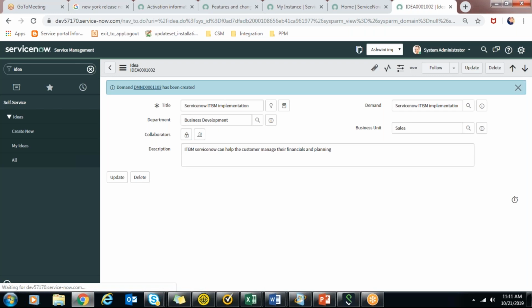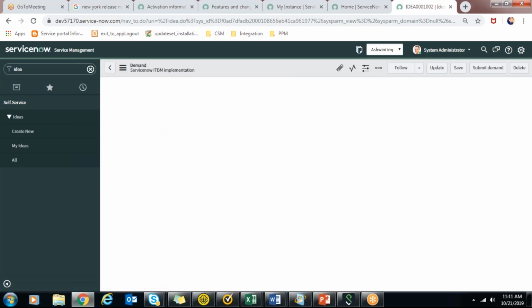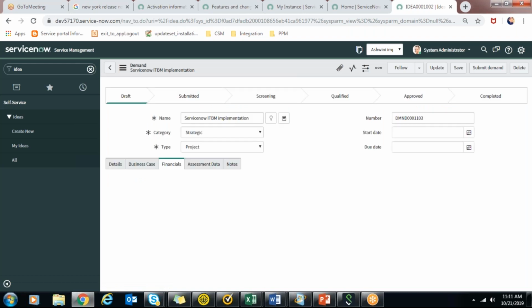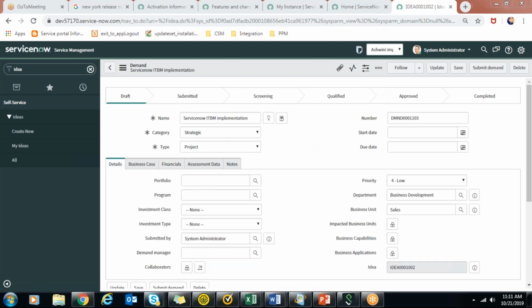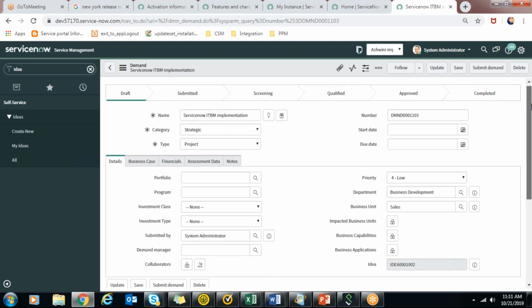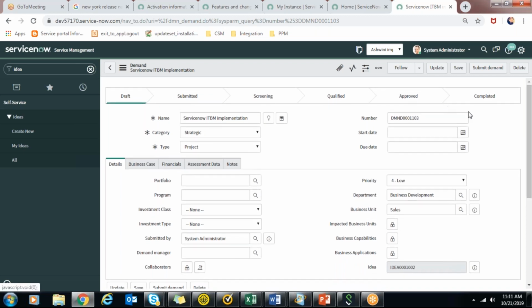If you go to that demand, you can see the different states in the process flow here. I'll quickly go through whatever fields are involved. Currently it is in a draft state. You can see that there are two categories: strategic and operational.